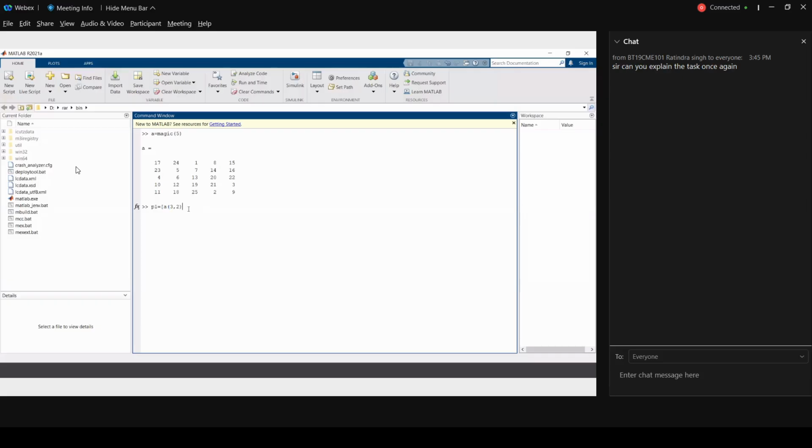Correct? Then space, have the second element. Let's say you want to access 13. 13 is 3,3. Which is the third element you want to access? 20.